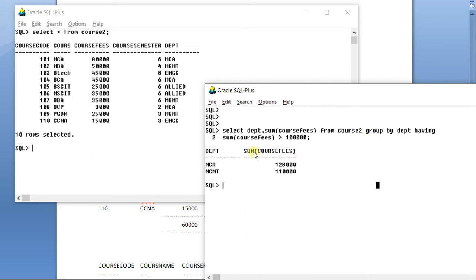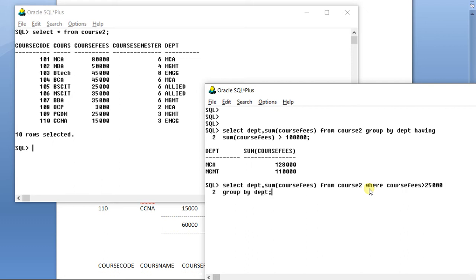Let me show you with an example. Since the where clause comes after from, you will apply where course fees greater than, say, 25,000, and you have used group by department also.